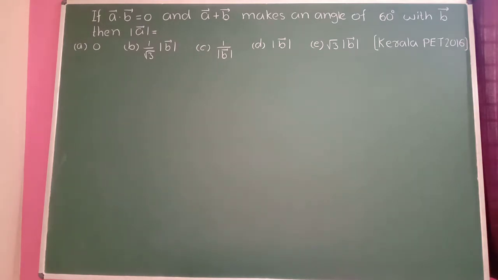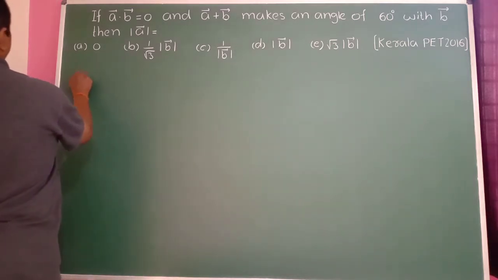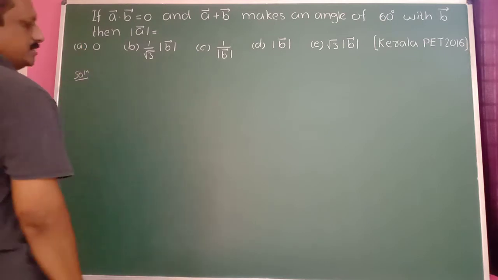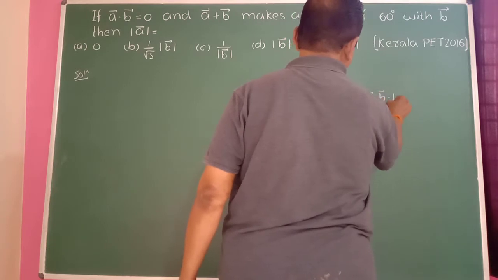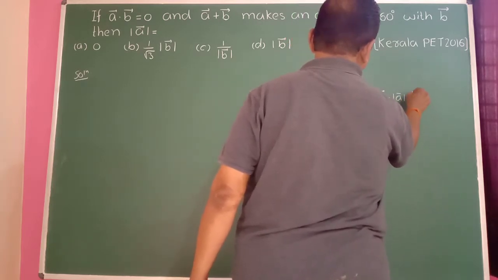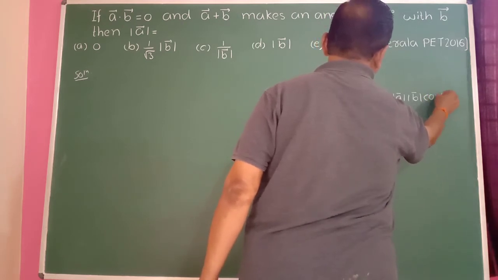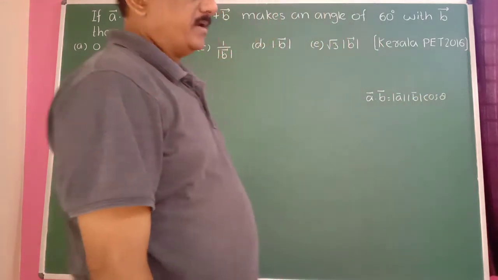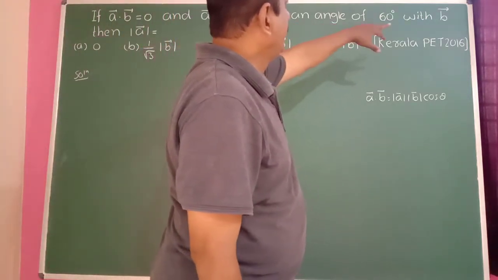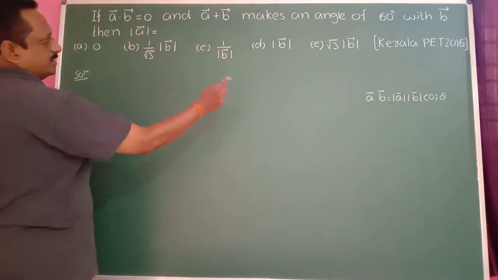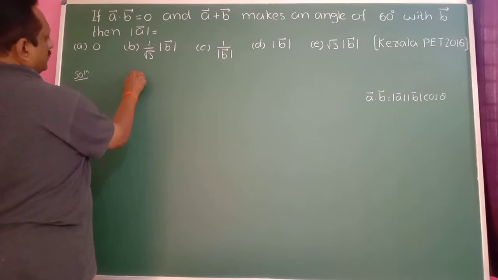If a bar dot b bar equal to 0 and a bar plus b bar makes an angle of 60 degree with b bar, then the modulus of a bar is equal to what here? So here you know this formula, dot product a bar dot b bar is equal to modulus of a bar into modulus of b bar into cos theta. Theta is the angle between a bar and b bar. Here they have given a bar plus b bar makes an angle of 60 degree with b bar. Therefore using that formula, a bar plus b bar